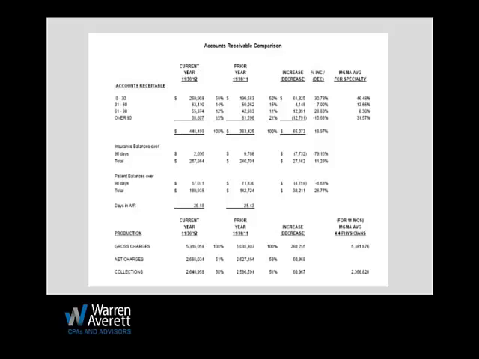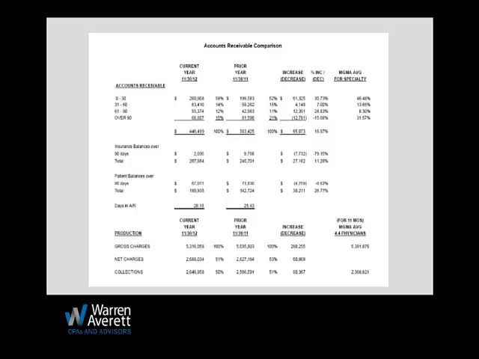Yeah, I agree. If you haven't looked at it, you can go pull it from your practice management system. Get your billing manager to pull it. Get your office manager or your administrator to pull these reports and bring them with your financials to your monthly meeting, and look at them during that monthly time period, because it can get out of control very quick with the current environment that we're in.